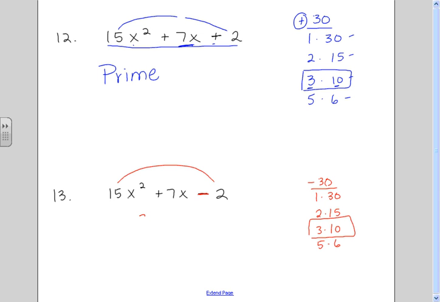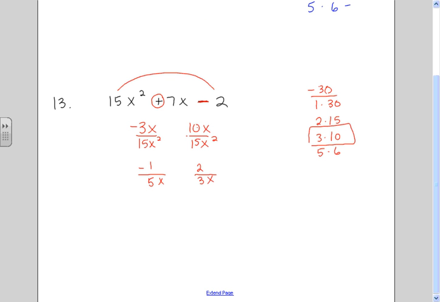And remember your rules. We're going to write it as 3x and 10x. The higher number takes the middle sign, so that means the 3 would be a negative and the 10 would be a positive, and then we divide by the leading coefficient, 15x squared, and then reduce. 3 will go into 3x, that would leave us a negative 1. 3 into 15 would be a 5x when we reduce, and then 5 will go into 10 2 times, 5 into 15 3 times, x over x squared leaves me with x. And so then our two binomials would be 5x minus 1